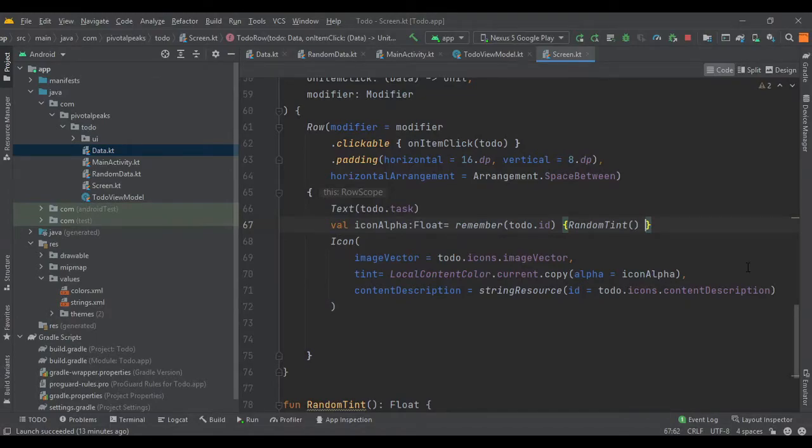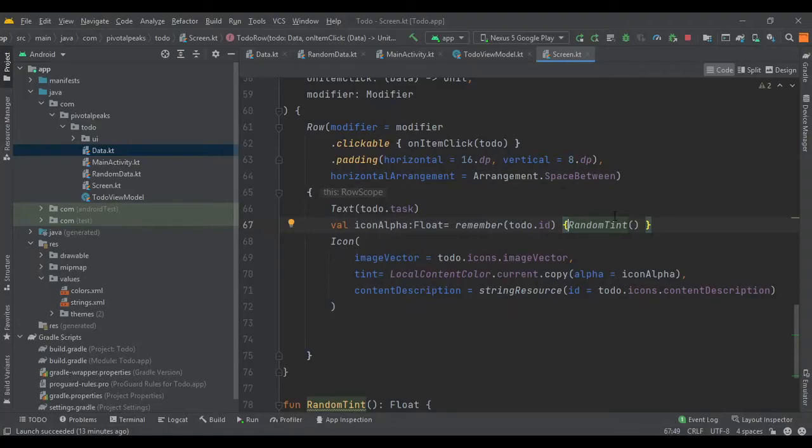The key argument we just provided in the parentheses, and the calculation, a lambda that computes the value to remember. Here we are computing a random value with the randomTint. So I hope it makes sense to you.